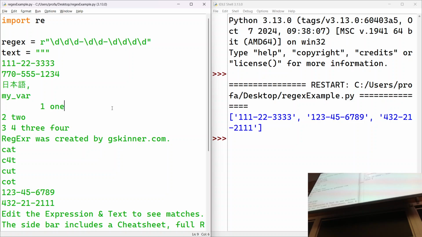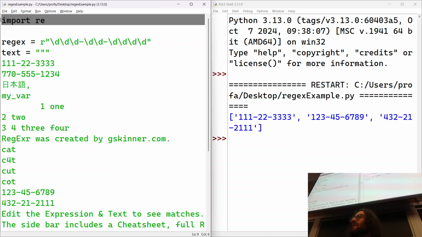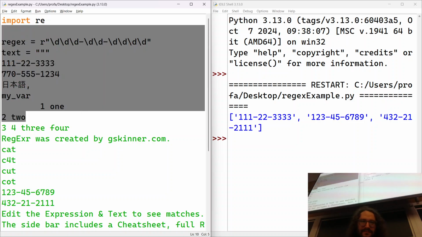Yes. I tried putting the text in and it's still not working. I'll take a look at it later. Okay. You also said that you didn't name it regex. I just called it regex example.py. Okay. It's for a specific reason. I didn't want to name it regex or even worse re because you want to avoid the import issue. Okay, that's probably why.